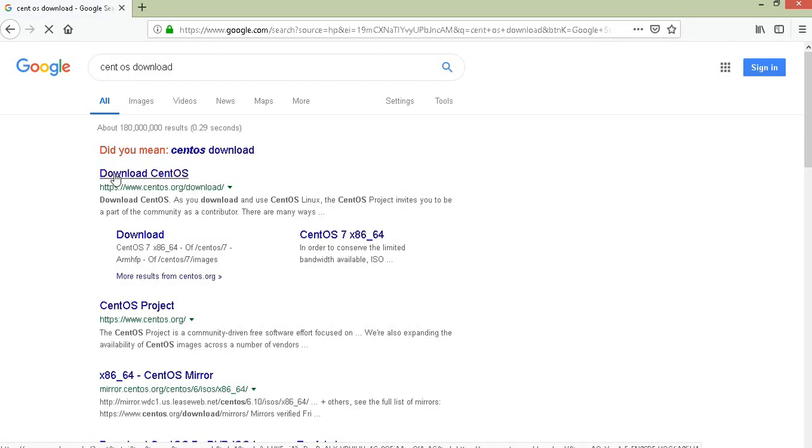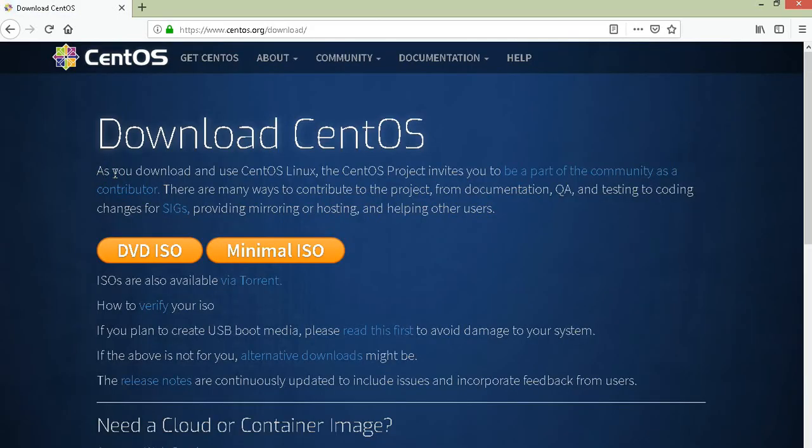So if I search for CentOS download, it will give me the download page of the CentOS.org website. So here we have two options, DVD ISO or the minimal ISO. If you are familiar with the operating system and the CLI as well, you can go to minimal ISO and quickly download and install the operating system, and whatever options you want you can install. But if you want to test it out for the first time, I recommend to go with